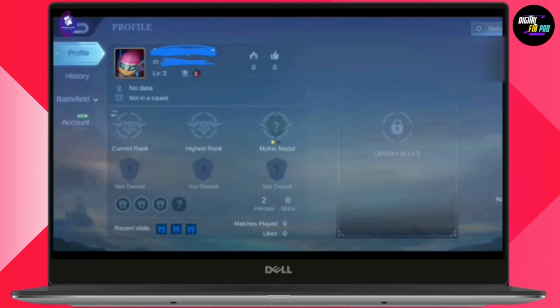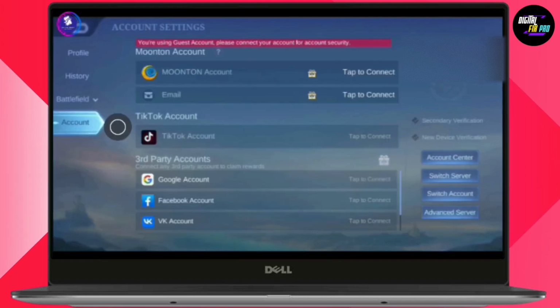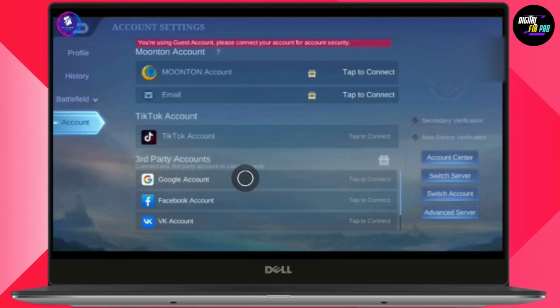And then it will take you to the profile section right here. After that, you need to go to the account, which is on the left side. And from the account, you will have an option of email or Google account. You can go and select your Google account or your email. You can go with tap to connect, which will be on the right side, in order to connect your mail